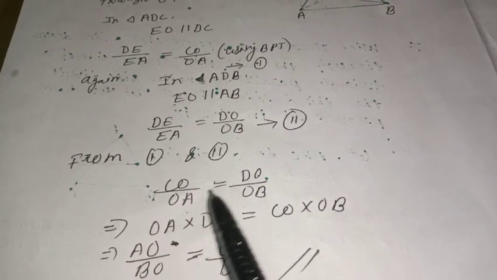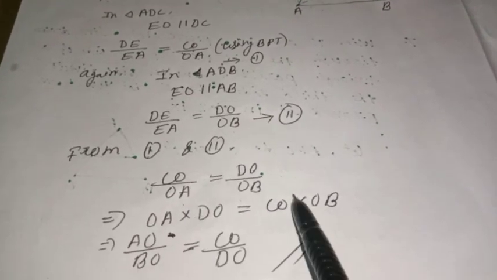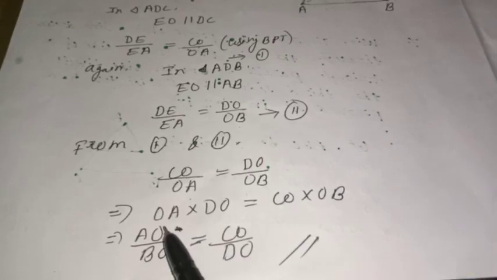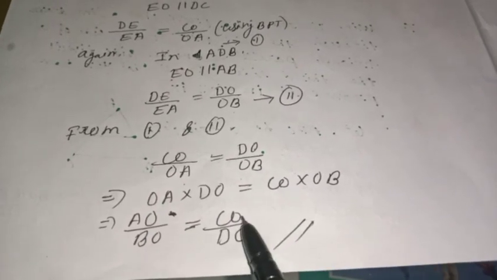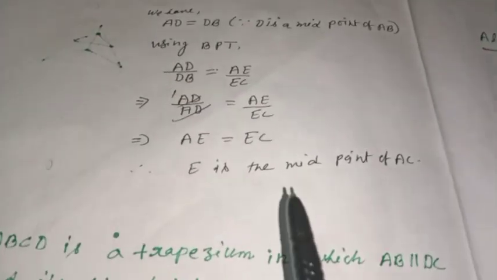But you have to prove AO by BO equals CO by DO; still you are not getting this relation. From 1 and 2 you are getting this one. Now cross multiply: OA into DO and OB into CO. After that, see what you need? AO by BO. Here OA and AO are the same. Now you need BO, so transfer this BO to this side; it was multiplied, so if you transfer, it will be divided. Similarly CO is here, DO is transferred, CO by DO. So you are getting at last AO by BO is equal to CO by DO. Clear?